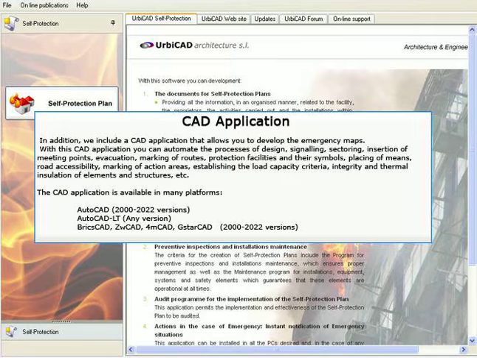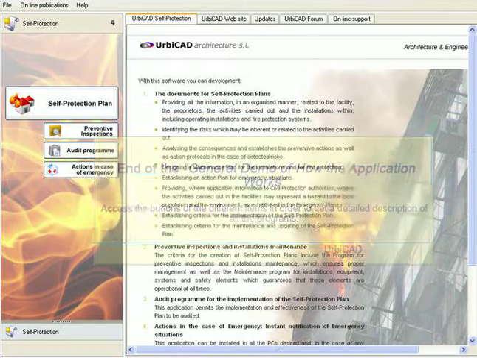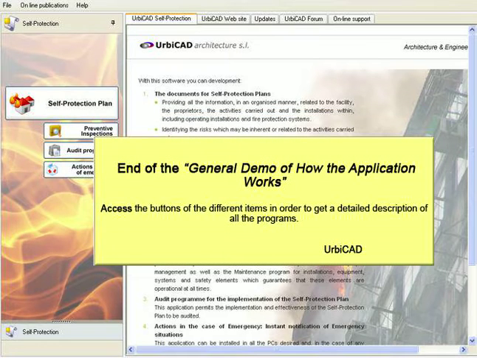The Cad application is available in many platforms, such as AutoCAD, AutoCAD LT, Allplan, or IntelliCAD. Access the buttons of the different items in order to